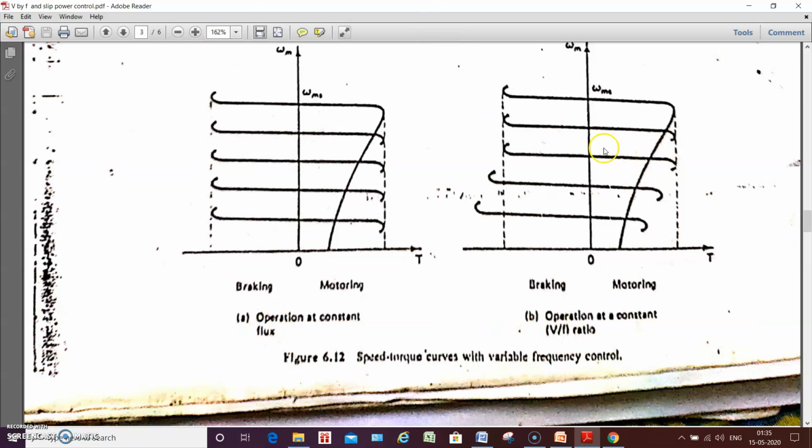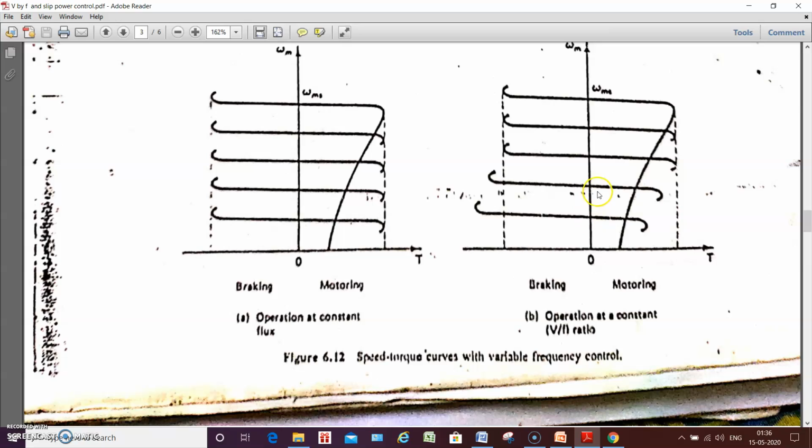Okay. So for higher values of voltages, this voltage and frequency can be kept at a constant ratio, because the stator resistance drop will not be dominant in the higher voltage ranges. But at the lower voltage ranges, what will happen? Because these two characteristics are slightly shifted like this, no? So this operation represents the operation at very low voltage ranges. For example, for a 440 volt motor, the per phase voltage will be 230 volt. So if you are operating nearer to the rated voltage, what will happen?